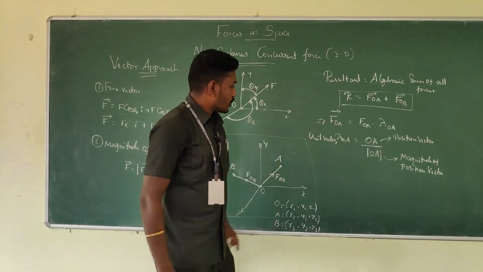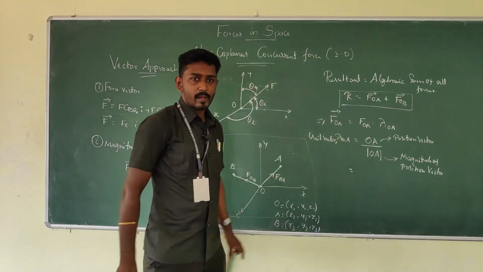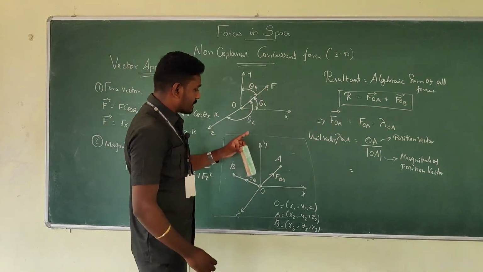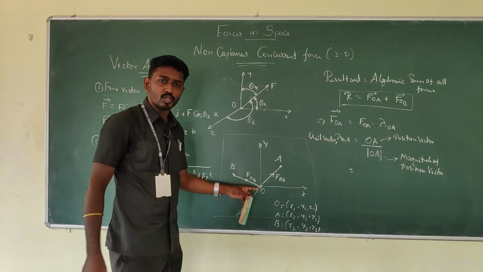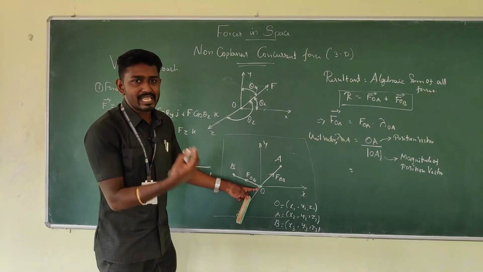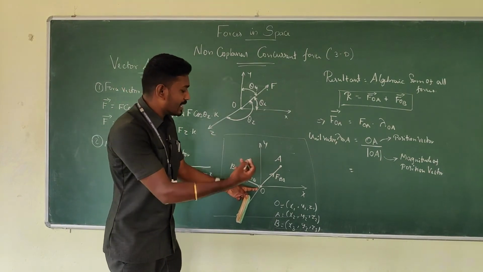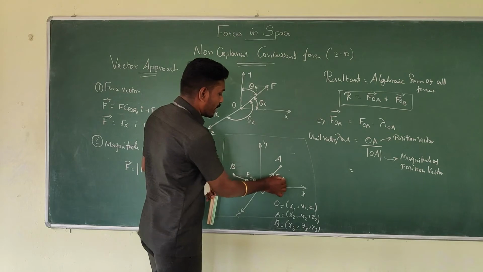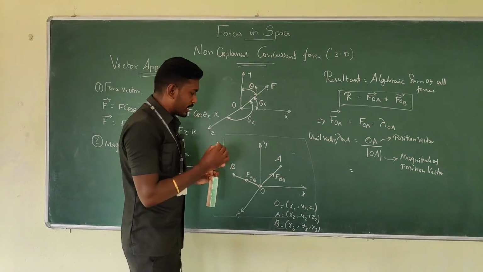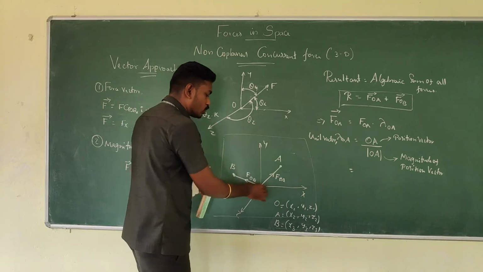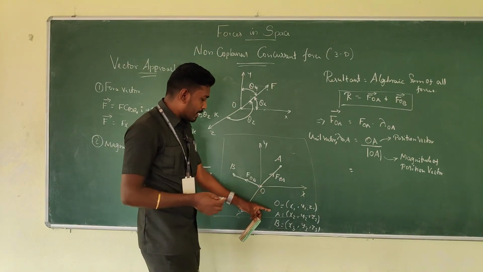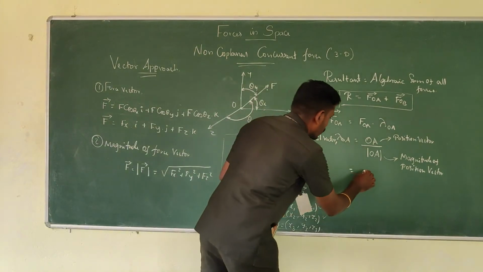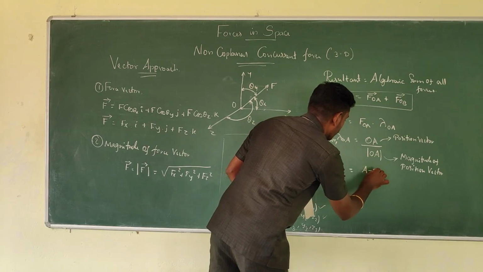Okay. So here we can simplify this OA, in the sense the position vector can be calculated as follows. If we have first considered O to A, am I right? O to A. That means we need to subtract from the final point to the initial one. So here the force FOA is moving from O to A. So here we need to subtract from A to O. So this is O and this is A, am I right? The formula will become A minus O.